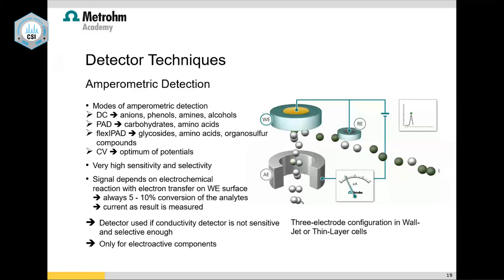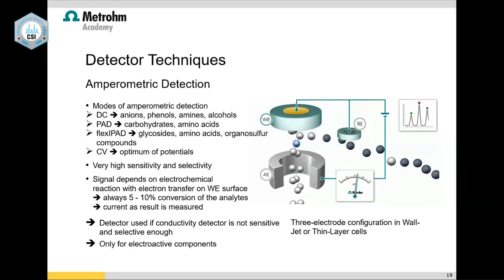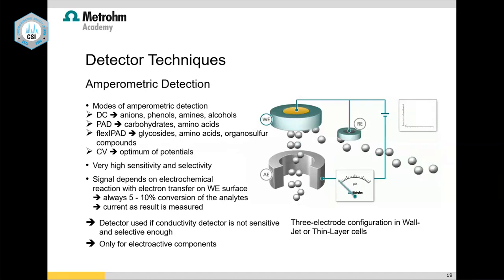You can see the picture also, it is clear. It is a little bit destructive: light red becoming dark red. That clearly means that 5 to 10% of your analyte is getting destroyed. But anyway, measuring current is very sensitive. So definitely we can use it for down to ppb level analysis.